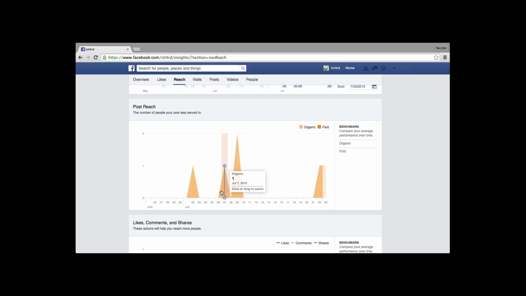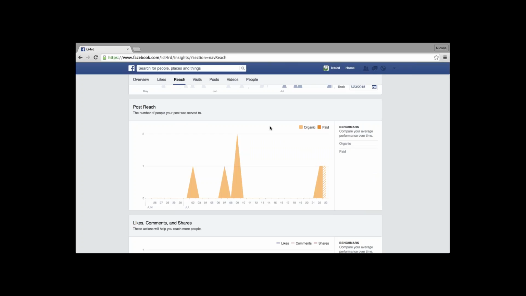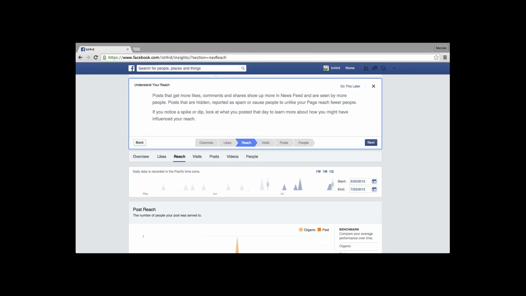So Nicole, just in terms of that, at the top of that screen that you were showing us, it said the number of people that your post was served to. So what does that mean? Is that different to it just showing up on somebody's timeline? So exactly that, the fact that it was on somebody's timeline, that you took a few seconds to hover over it, and